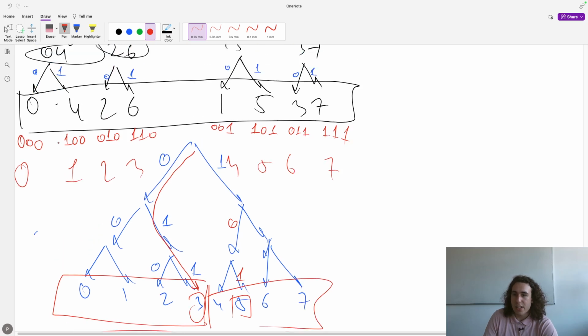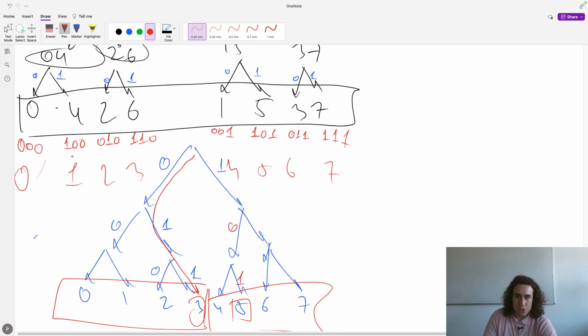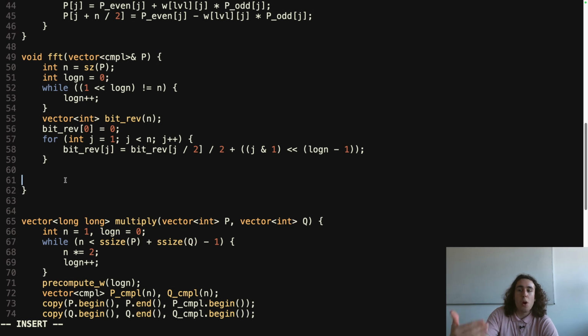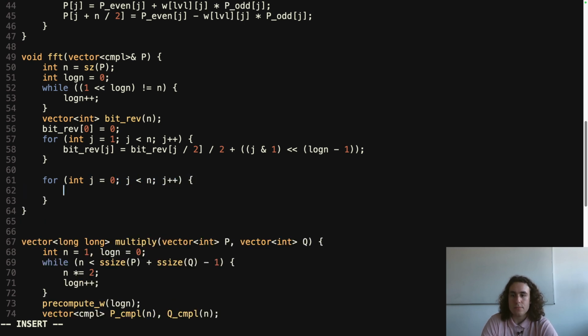For example, here you can see that 0 stays at the same position, 1 is swapped with 4, 2 stays on the same position, 3 is swapped with 6, and 7 stays in the same position. So I just need to do all the swaps between j and bit reverse of j. So I just go through all the positions from 0 to n, and I swap p bit reverse of j and